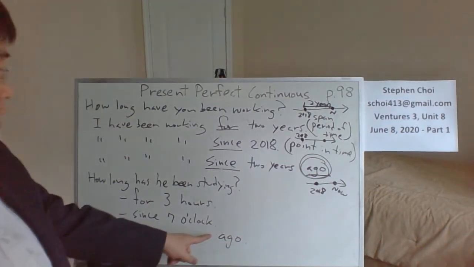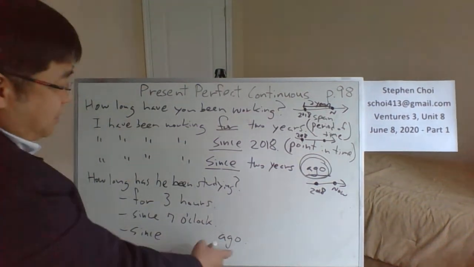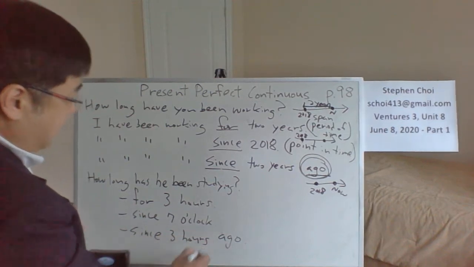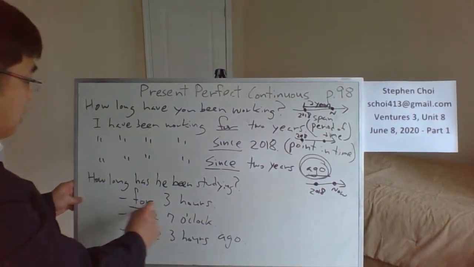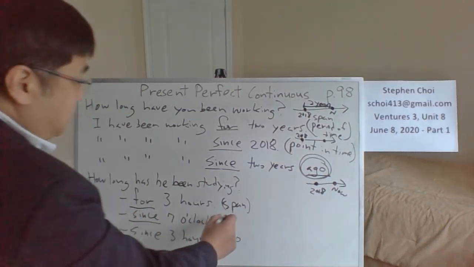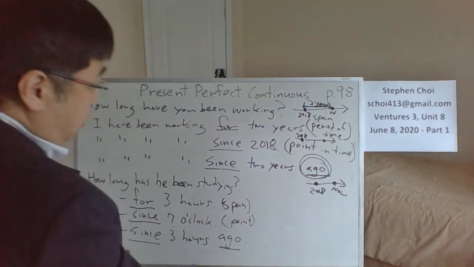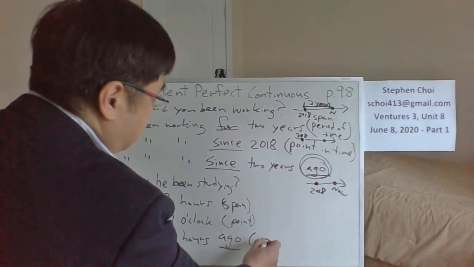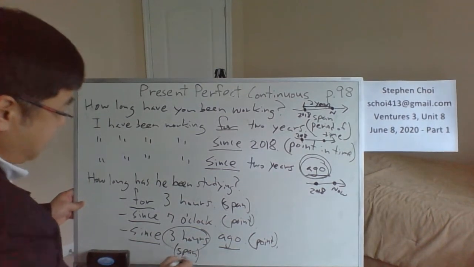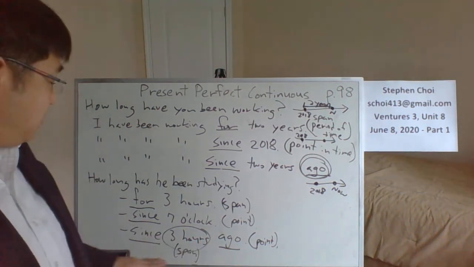What would you put here? You want to put a span of time or period of time? You want to put a span of time if you put ago, right? You say since 3 hours ago. So for is span or period. Since is a point in time. When you put since plus ago, it's still a point in time, even though 3 hours is a span. So that third one is a little confusing, and I know a lot of ESL students make that mistake. But that's how that works.